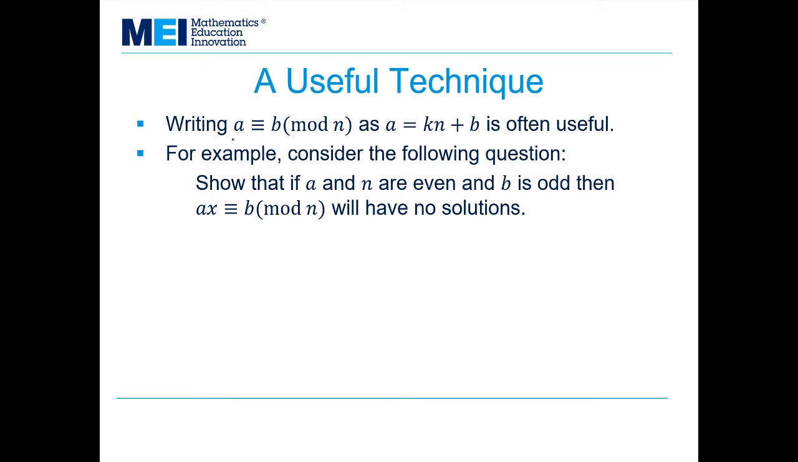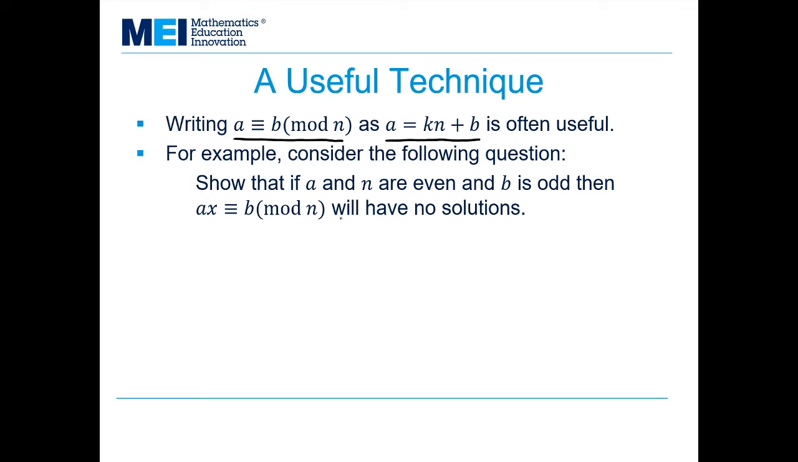Instead of writing A is congruent to B mod n, this is exactly the same as writing A equals Kn plus B. We're saying that A is B more than a multiple of n. We can use that to prove things such as the example that came up in the previous video. So if A and n are even and B is odd, then AX is congruent to B mod n has